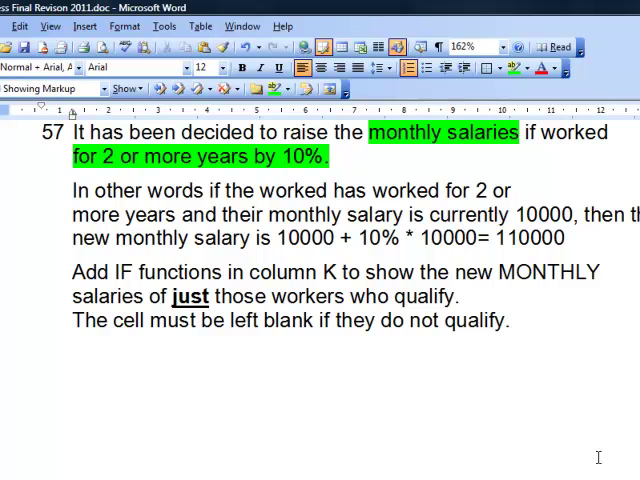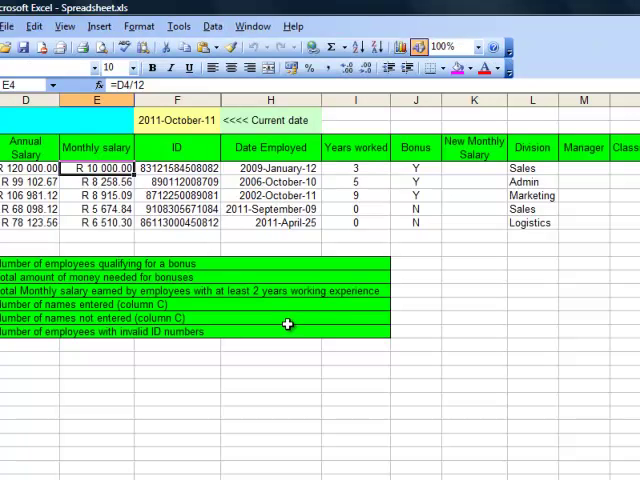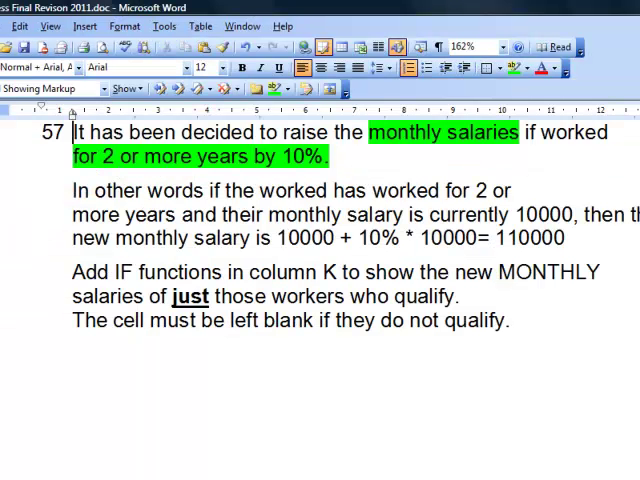Question 57. This is a slightly more complicated if. There's a long spiel here, but let's put it in practical terms and see what they're actually asking. If we go back to the question here, they want to raise the monthly salaries of people who've worked for 2 or more years by 10%. Only for those who have worked for 2 or more years, and raise it by